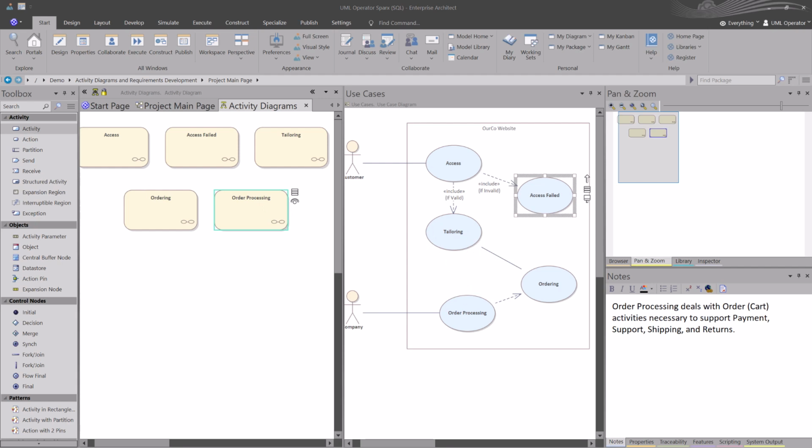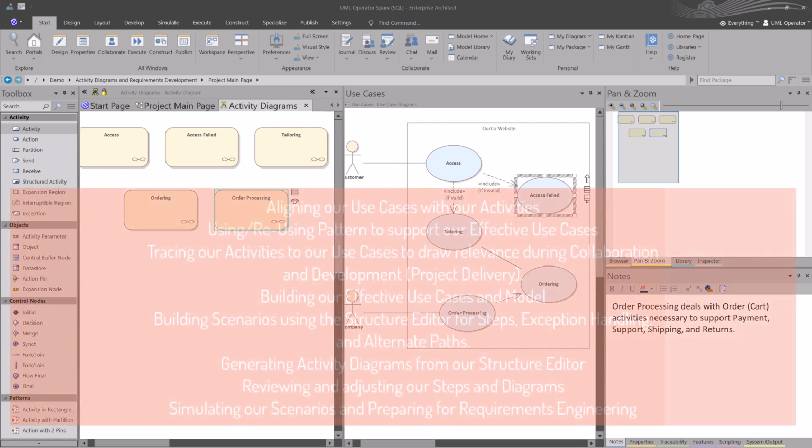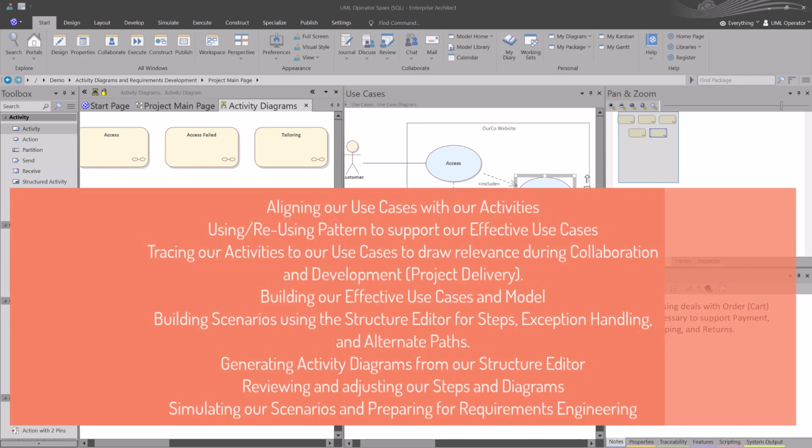This session is part 3 of a multi-part series. There'll be more to come. As I just spoke about, we're going to be lining our use cases with our activities. We're going to use or reuse a pattern to support effective use cases shown in a previous video. We're going to be tracing our activities to our use cases to draw relevance during and through collaboration and development